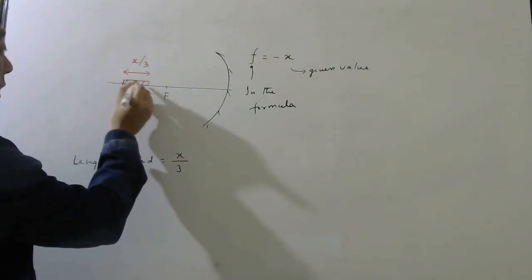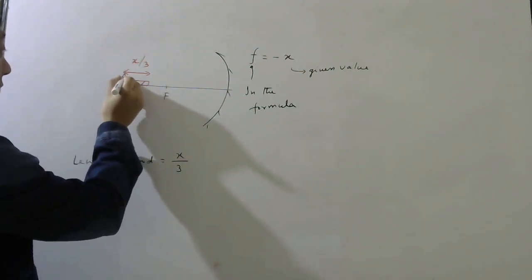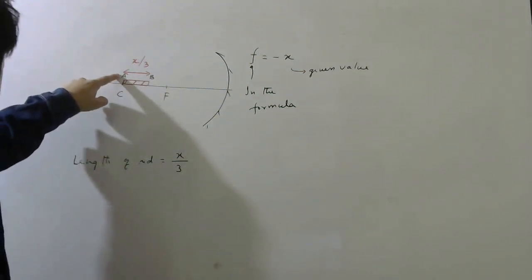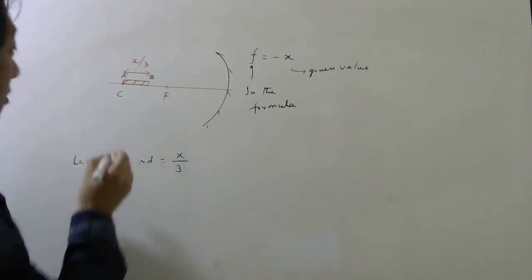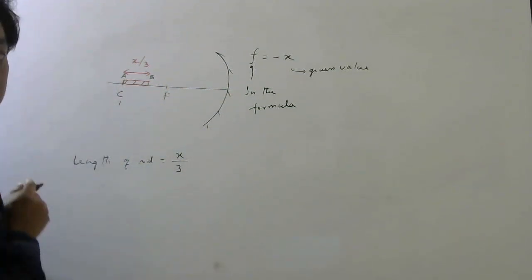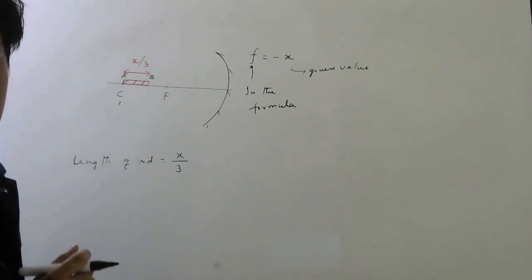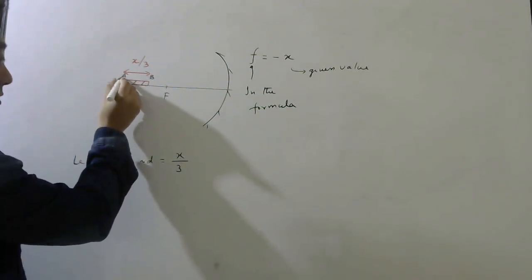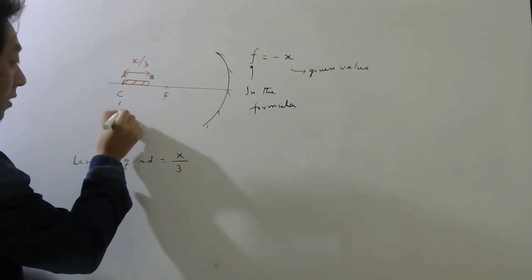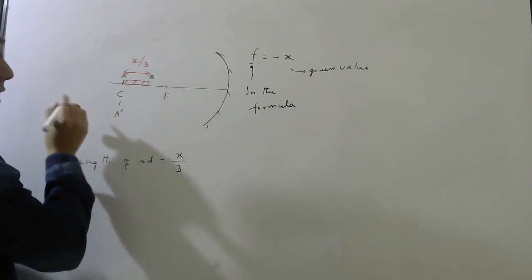Now let us call this point A, this point B. So image of A, where will it be? It will be there only. So image of A will be here itself. Let me draw this side, because if I draw it there it may be slightly confusing. So image of this will be here itself. Okay, so this is your A dash. Image of B will be somewhere here, right?